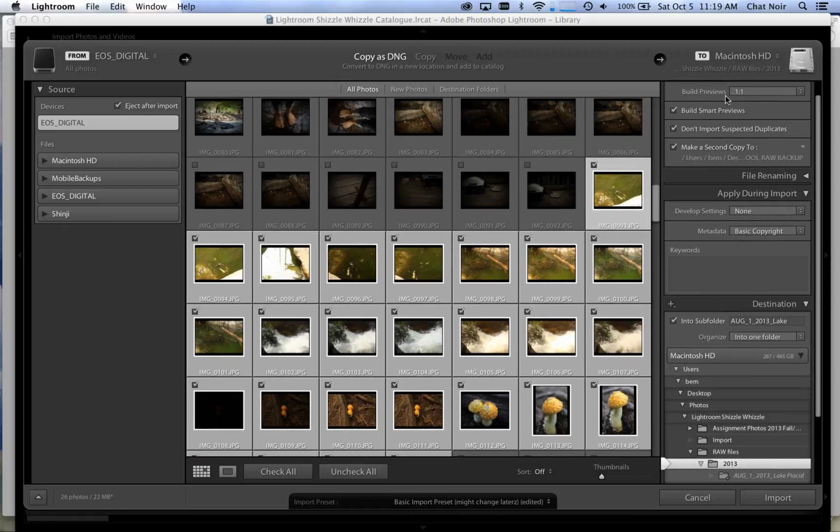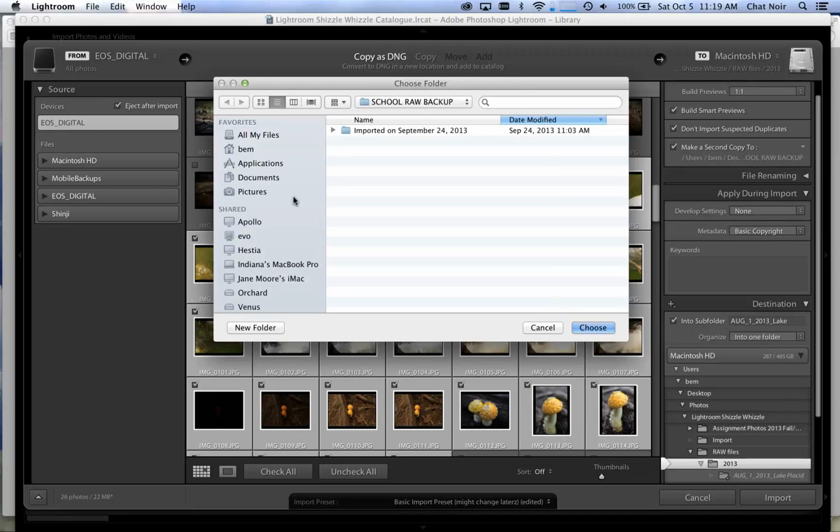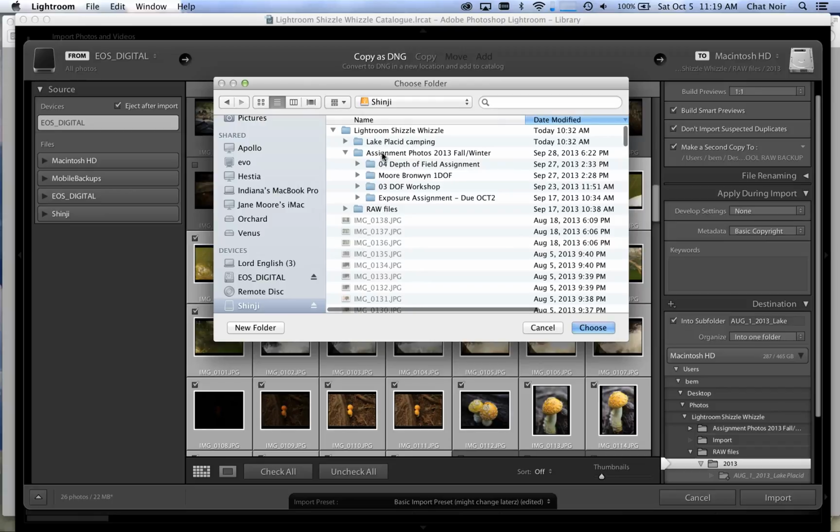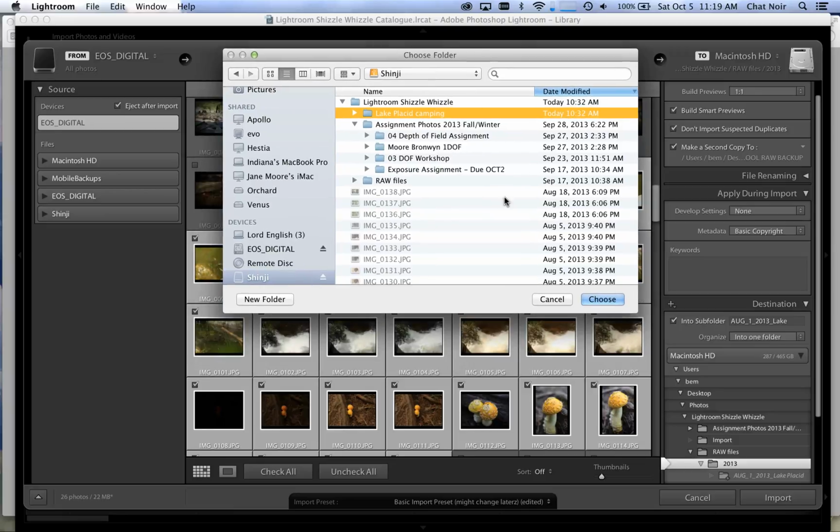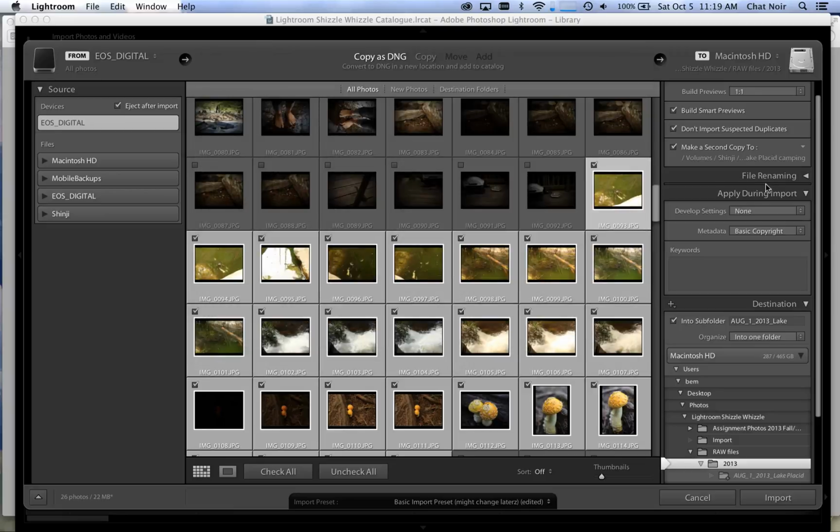Now I want to make sure it has the previews at 1:1. Smart Previews is on. Import selected duplicates is on as well, and I want to make a second copy to my hard drive. It has this set up to something else currently. I will change that to go to a folder I had previously created for these photos on my little external